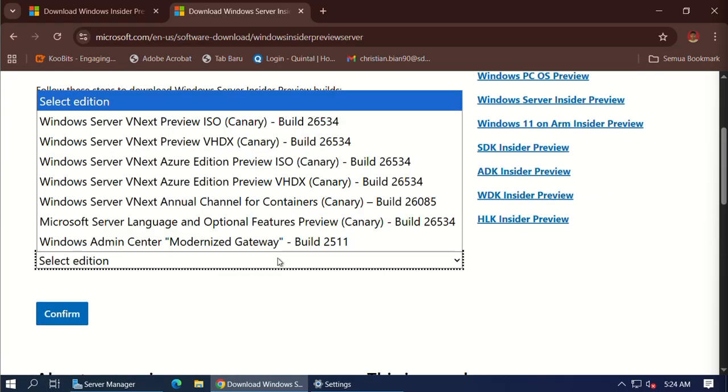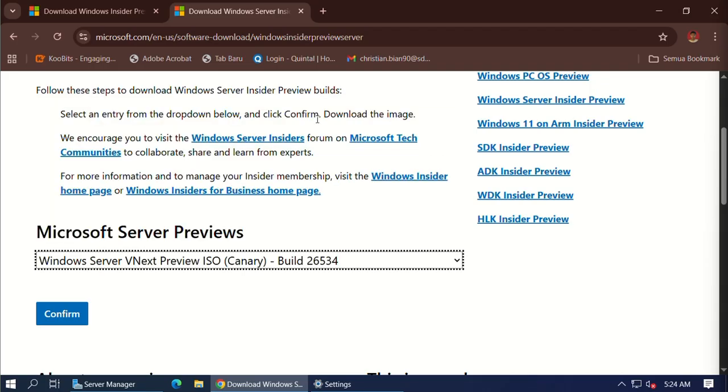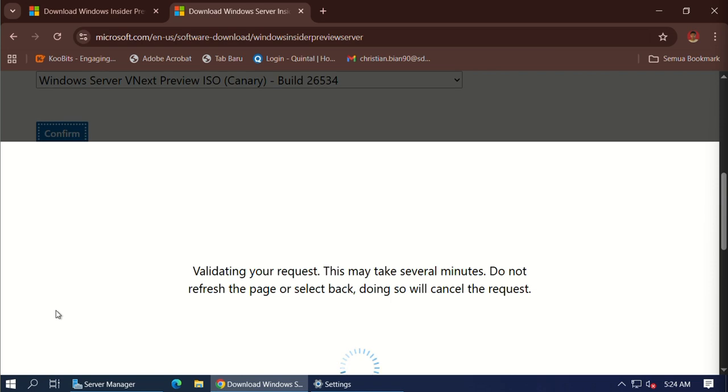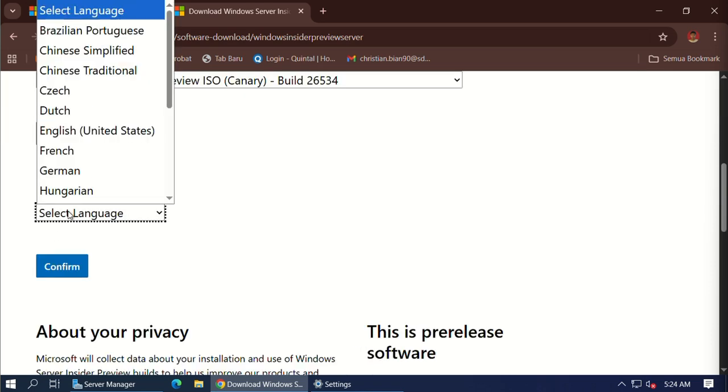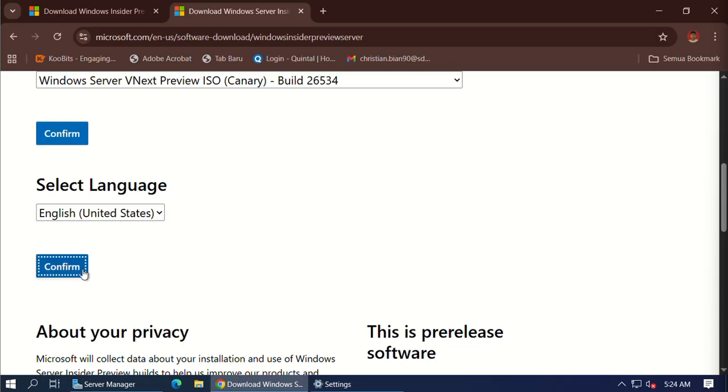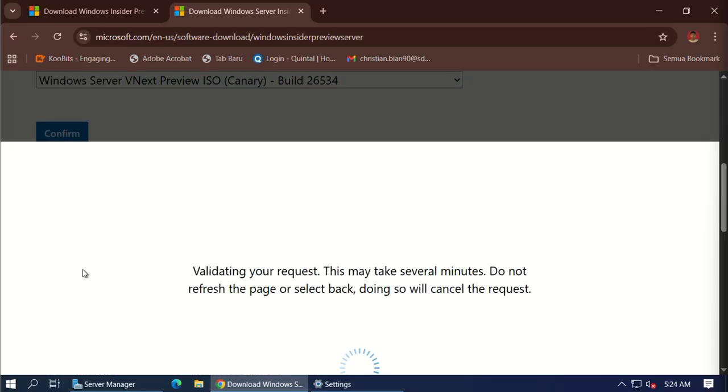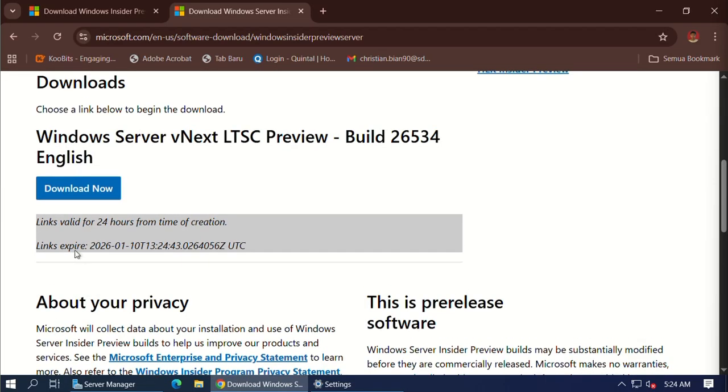So click Select Edition, and select the latest version, but this version is still using the kernel channel. After that you can click confirm. Select language United States and click confirm, and you can download the Windows Server 2025 ISO.